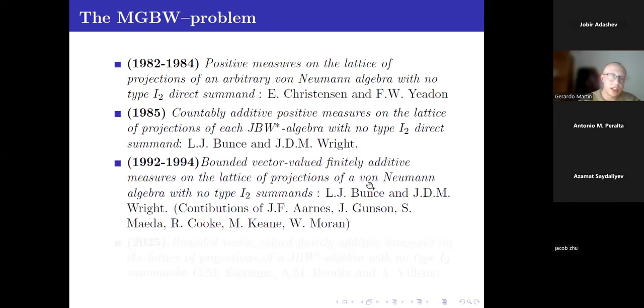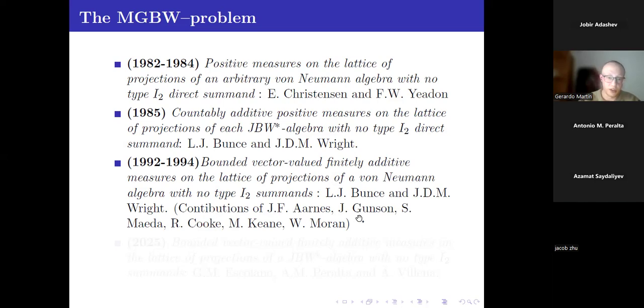Between 1992 and 1994, Bunce and Wright also found a solution, but for bounded vector-valued finitely additive measures on the lattice of projections of von Neumann algebras with no type I_2 summands, and also due